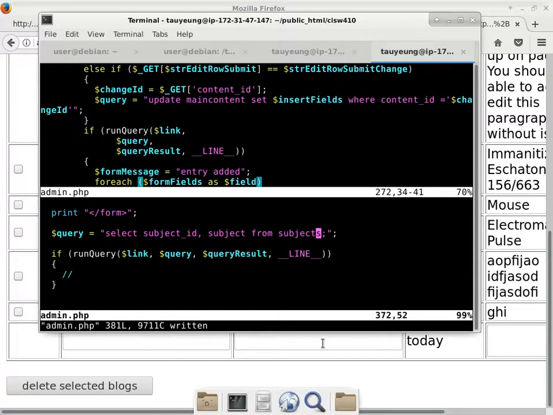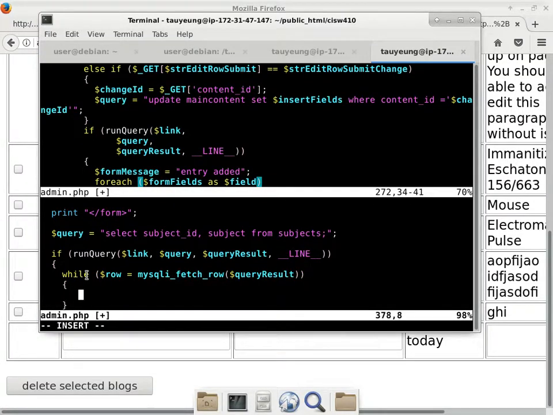But before we make that new form, I just want to double check and say that I can print out all the subject and the subject ID, okay? Because if I don't know that I can get those things from the query, forget about the form. It's not going to work. Okay, so we'll go to here, and then we'll say, as long as row equals to MySQL fetch row query result,